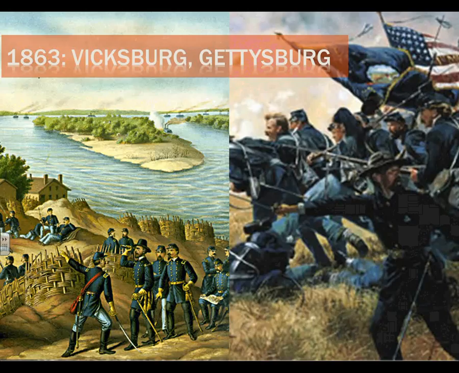But they're asked to charge these positions, but the Union has managed to make up time, right? Lee is sort of slowed down by the problems with Stonewall Jackson and a few other things. Supplies are slow getting there. So because Lee is kind of slowed down, the Union can move some people into position. They take the high ground. There's a sort of ridge of hills in Gettysburg. So the Union sort of takes their positions at the top of this ridge.